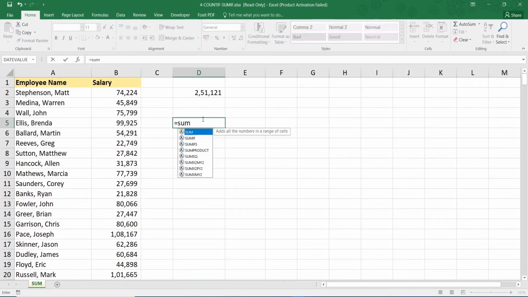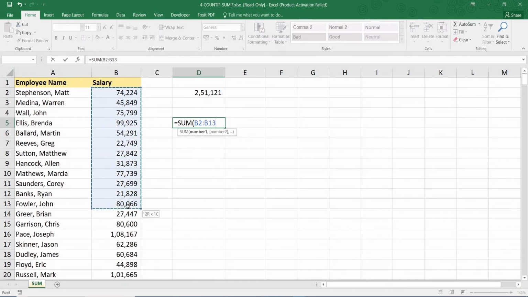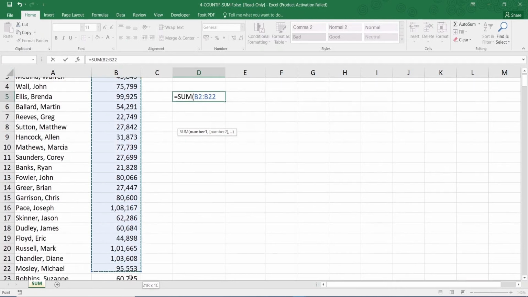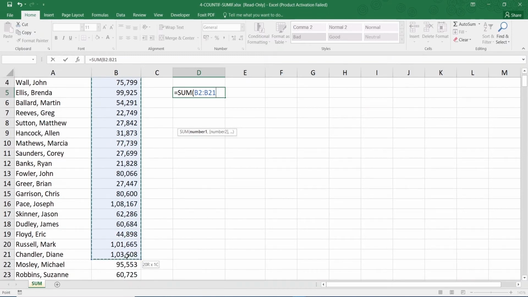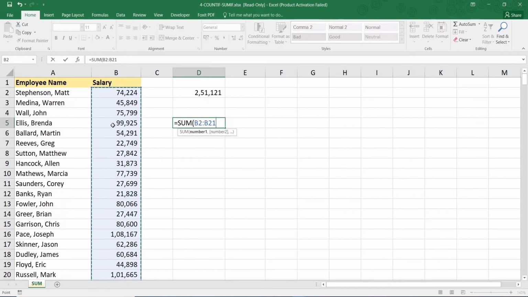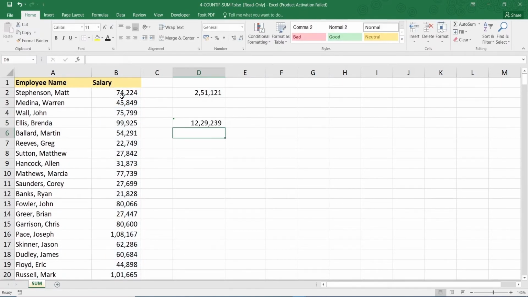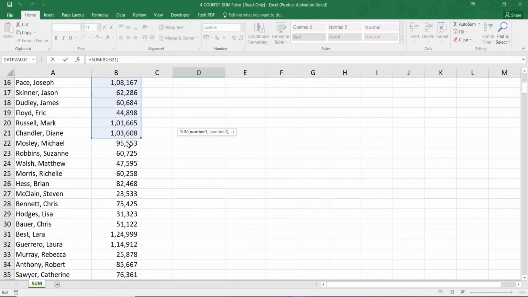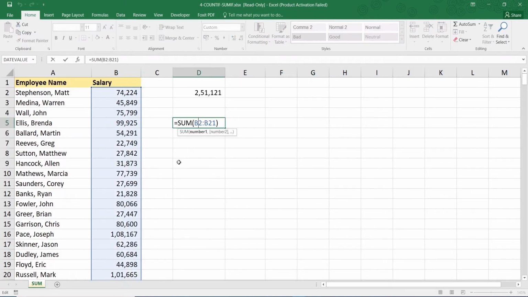Another method that is the most common and the most used method is by selecting a range. So what you basically do over here is you enter the sum function, you click on one cell and then you drag. You don't leave the left mouse button, you drag and you select the entire range that you want to apply the sum function on. Let's say I want to apply it till here. I want the sum of all these salaries. That's it. I press enter and I get the sum of these salaries till here. This is the most commonly used and the most efficient way of calculating sum.